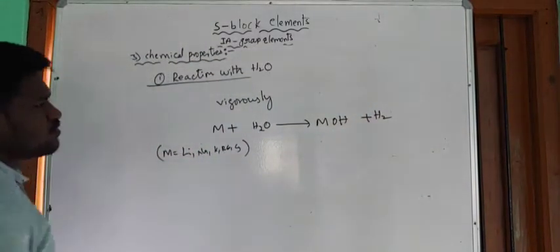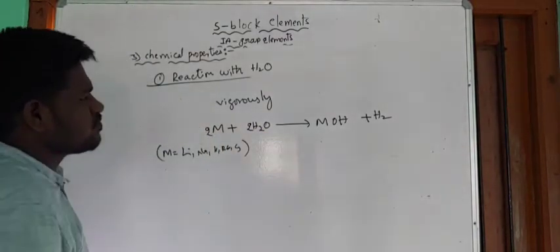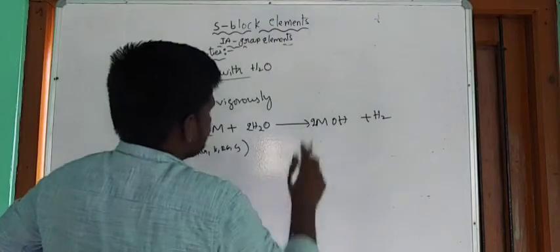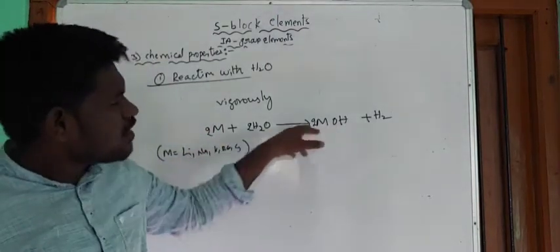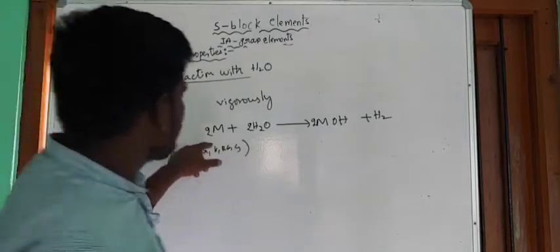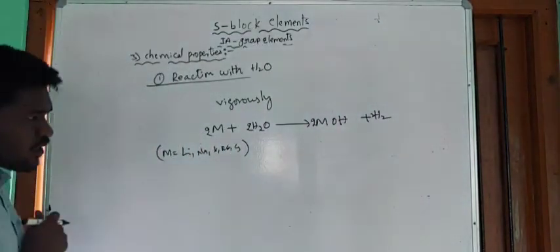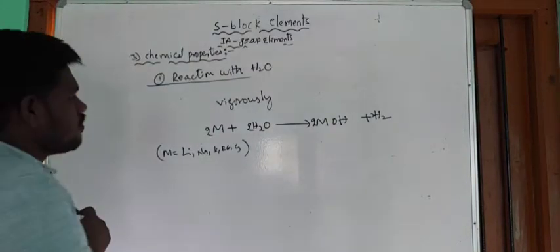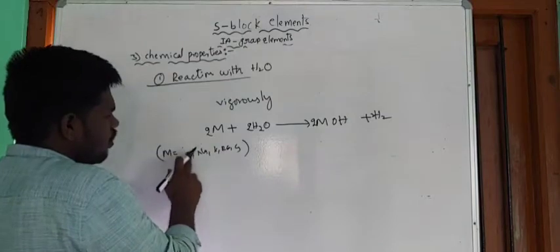To balance this equation, multiply with 2 and 2, and this one also multiply with 2. So two metals, and the oxygens are 2 here, also 2 oxygens, and the number of hydrogens present is 4. So multiply with 2. Okay. So now all the metals except lithium,